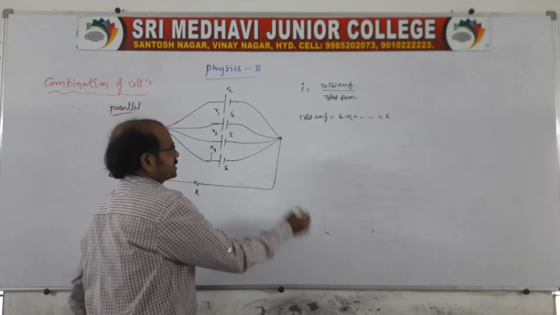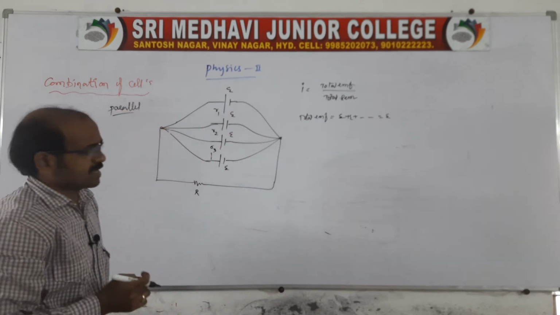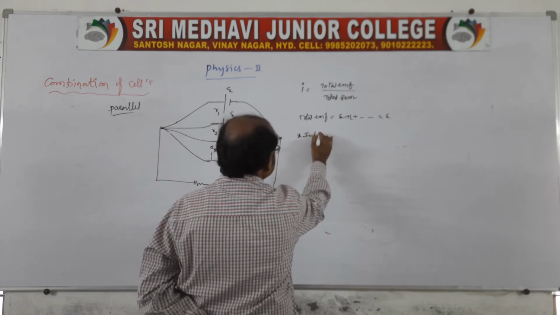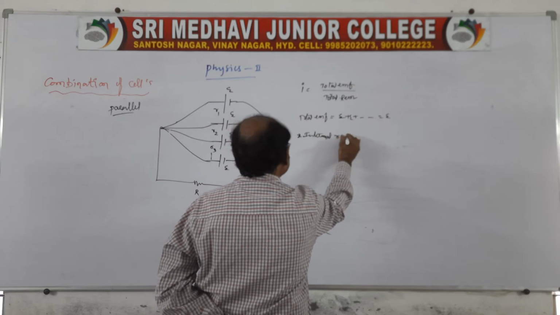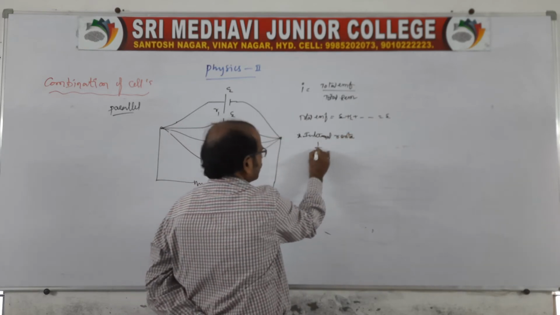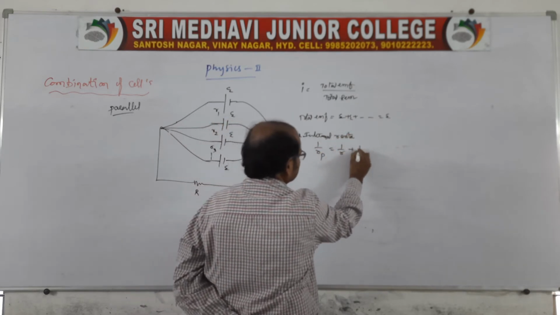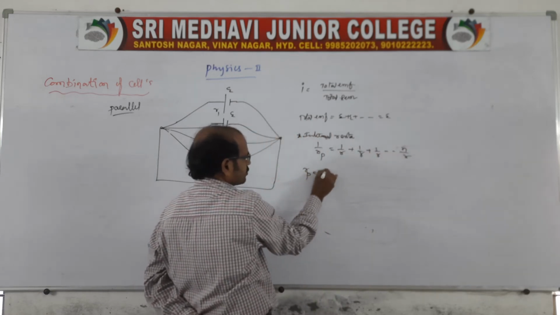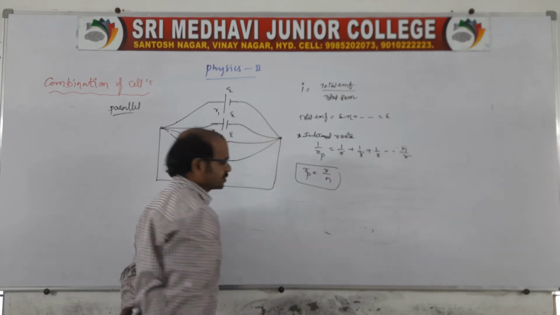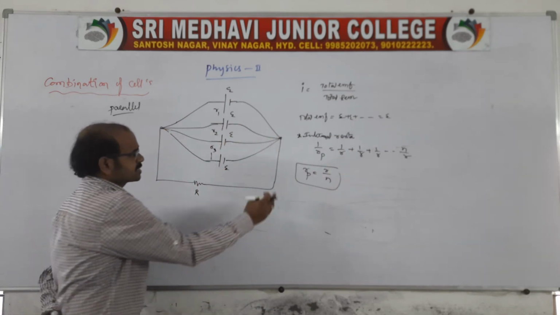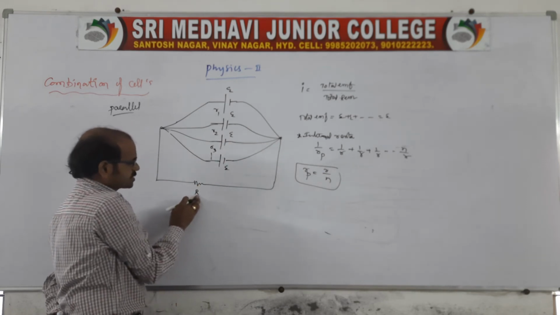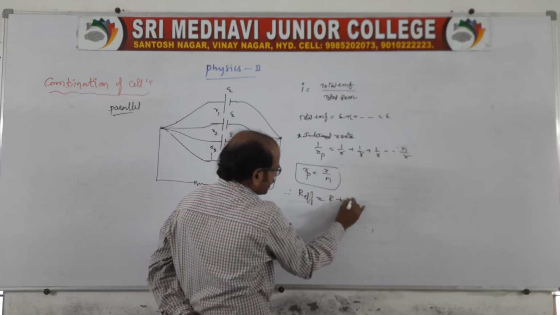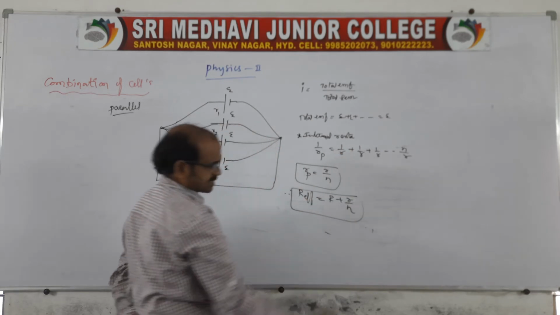What will be the resistance? Here we have both external and internal resistance. So let us first write the internal resistance. Because it is in parallel combination, 1 by Rp is equal to 1 by r plus 1 by r plus 1 by r and so on, n terms, so Rp is equal to r by n. Now this internal resistance is connected to the external resistance in series. So you write the effective resistance as capital R plus r by n. This is the total resistance.